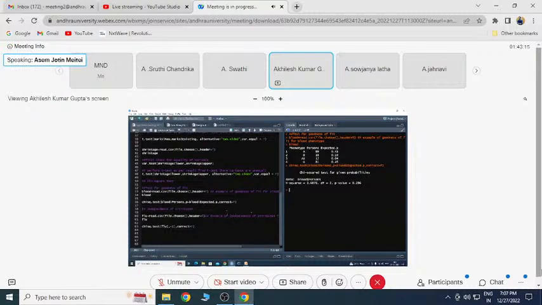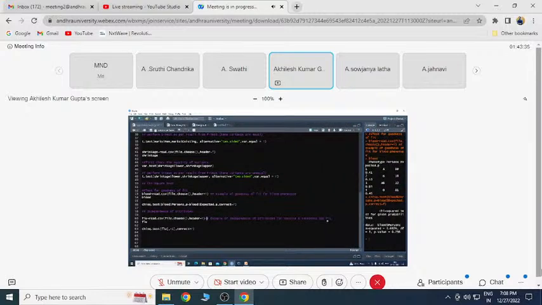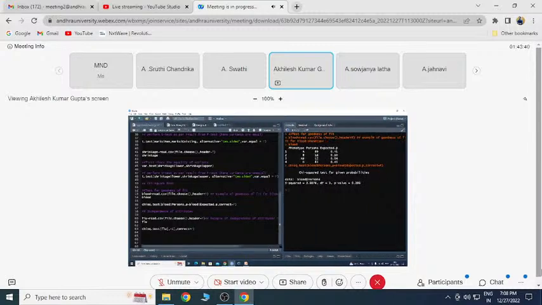Then we come to our second type of chi-square test, that is independence of attributes. Here I have taken flu data. Like I told you, the example of independence of attributes is vaccine and incidence of flu. It is very similar to your corona example. We will see the data and get an idea of what I have taken. Here it is the flu data.